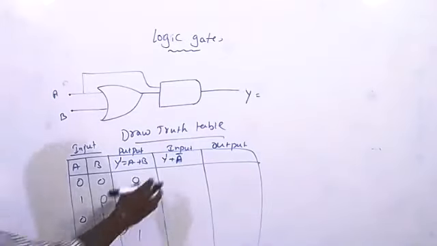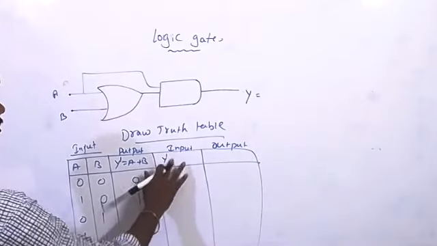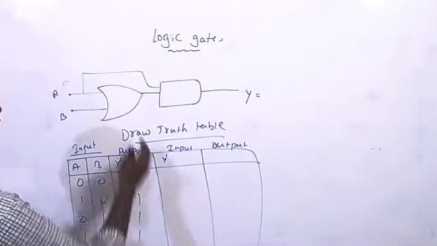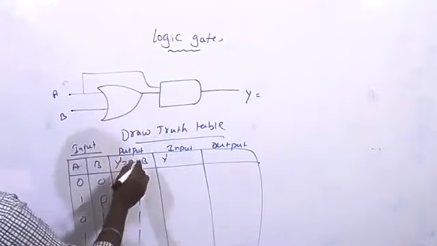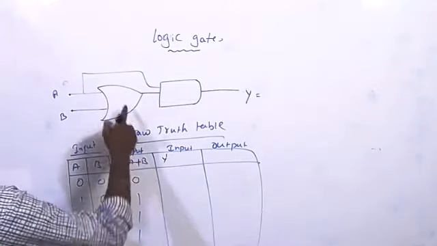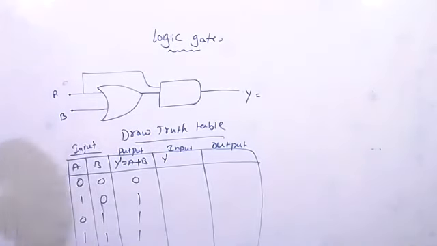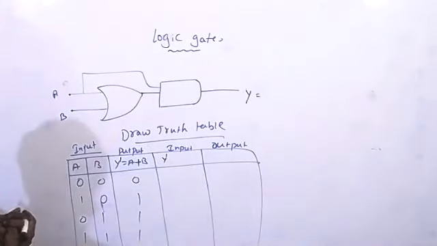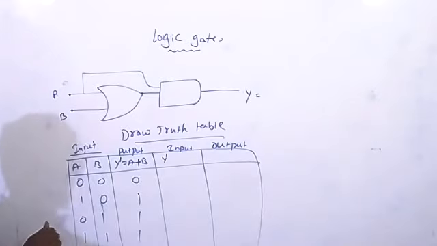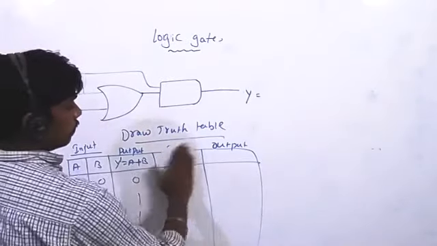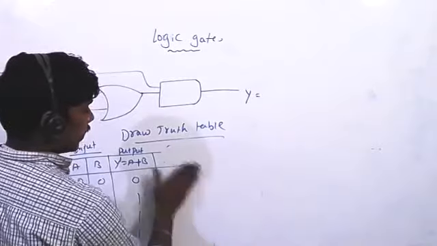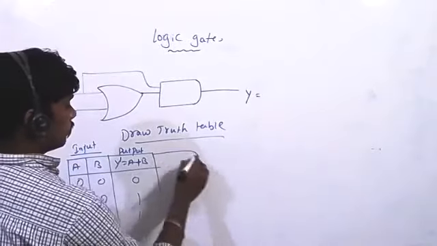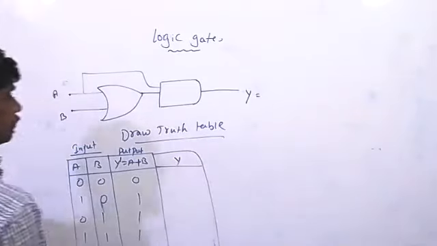Sir, it's not plus, sir. It's AND gate, no? Yeah, it's AND gate. It is OR gate, no? It is the OR gate symbol. So OR gate is correct. Right? It is OR gate only, no? It is AND gate. Okay. Directly write AND gate. So y equal to AND gate if you write now.